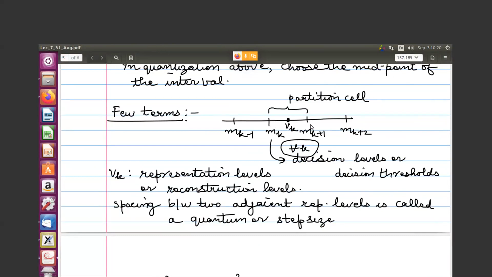So this is a deliberate introduction of error in the system, but we will see that in a lot of systems, let us say in telephones, in voice communications, this error doesn't affect the quality of reception. You will be able to clearly identify the speaker and understand what he or she is speaking. So even though we have introduced some error, the benefit is observed in the communication scheme. It means the digital communication we have discussed is more robust than analog communication, and secondly, it can have repeater stations easily put up.